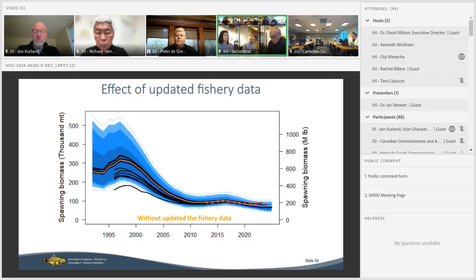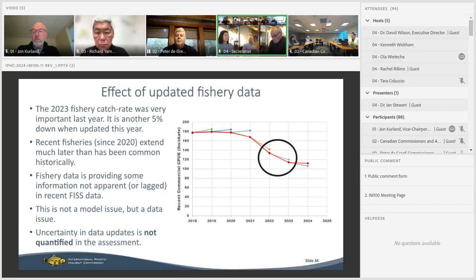And despite the fact that the fishery independent setline survey is not showing that trend, the fishery data, when we add it to the model, in the end pulls that estimate downward. Now, there are several reasons why this might be the case, and I'll go through several of these. As I mentioned during the data part of this presentation, when we get a new year's data, not only do we get the new year, in this case the 2024 observation of fishery CPUE, but the 2023 observation went down an additional 5% when we processed the data this year.